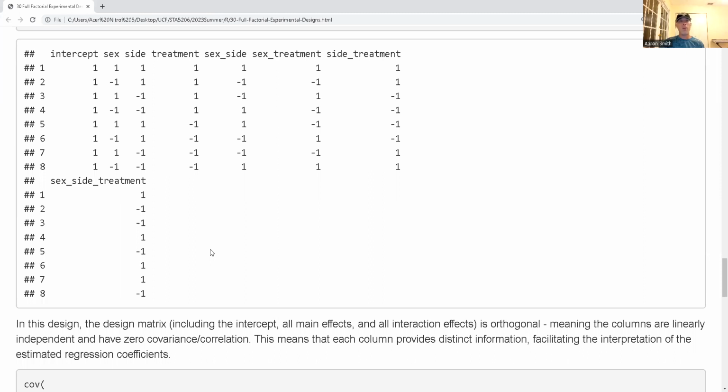And now let's go a little bit deeper. How many rows do I have? 1, 2, 3, 4, 5, 6, 7, 8. How many columns do I have? 1, 2, 3, 4, 5, 6, 7, 8. All right, so I have an 8 by 8 matrix